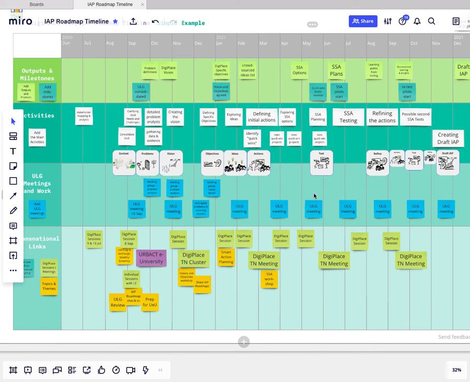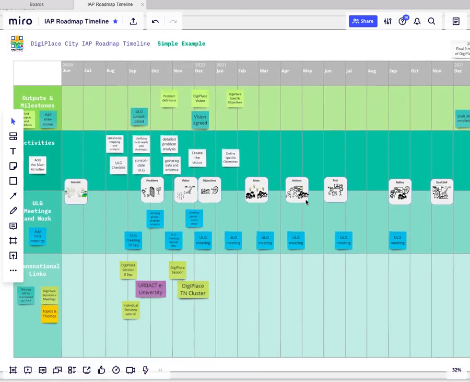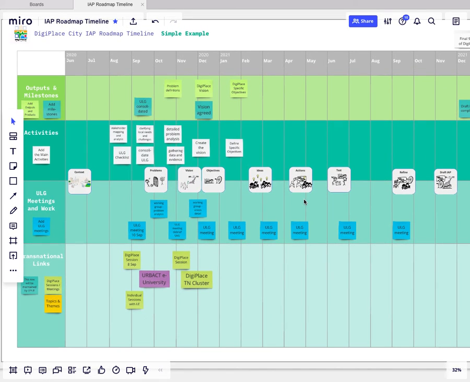Now, in reality, getting to this stage hasn't taken very long. Yes, there is some thinking to do behind it, so it's easy enough for me to drop the things on there. But my point is the process of adding it to this template shouldn't need to take a huge amount of time. The thinking behind building it might take a bit more time, but it's something you need to be doing anyway. The other last thing to mention is obviously this timeline works in parallel with the outline table,